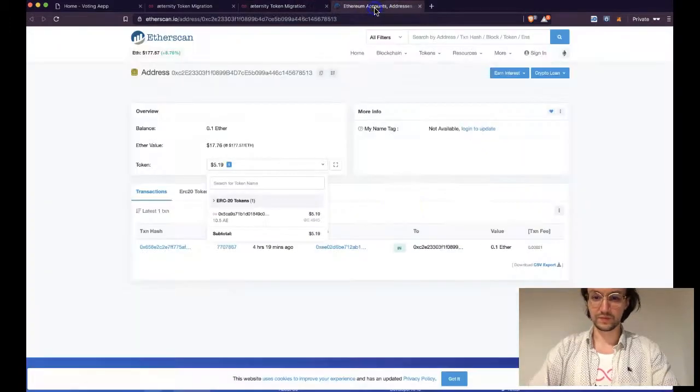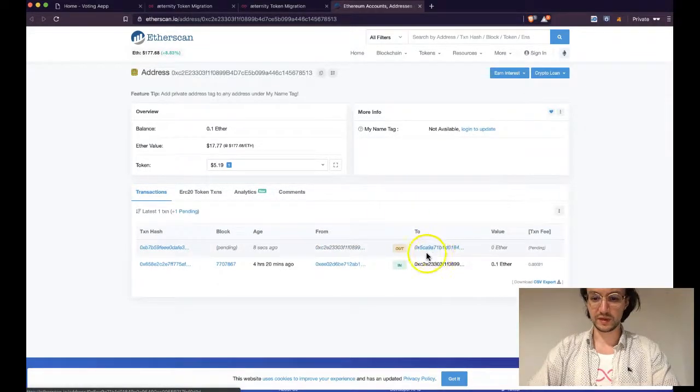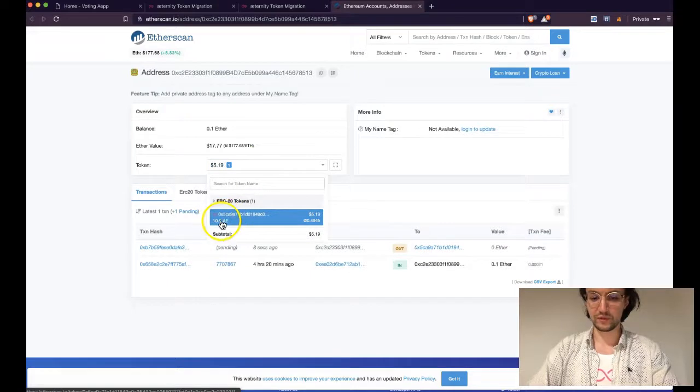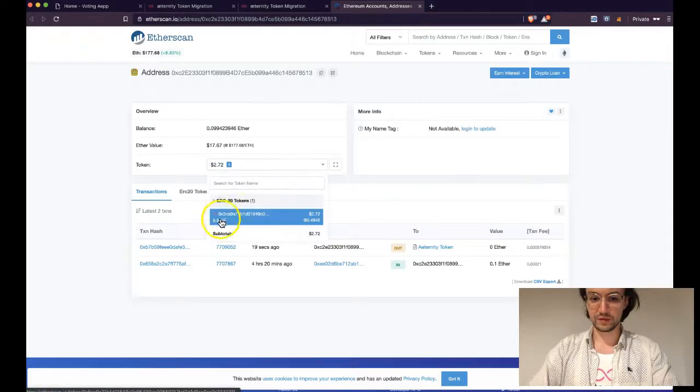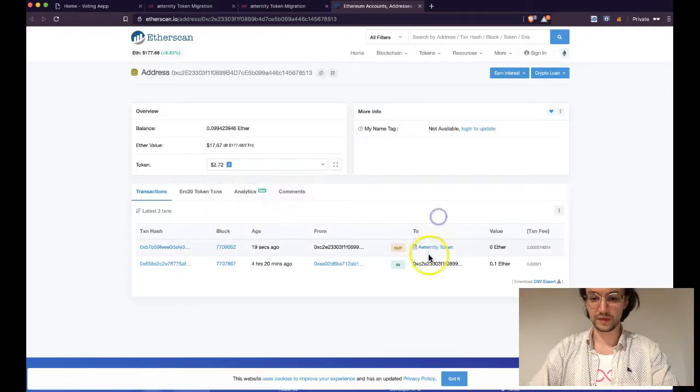In a few seconds, here on Etherscan, we can follow the process. 5 of my AE tokens get sent to the token migration contract on Ethereum. I will only have 5.5 AE tokens left in my wallet. Now the transaction got confirmed. And reloading the page shows me 5.5 AE tokens are in my wallet, and the other ones are transferred to